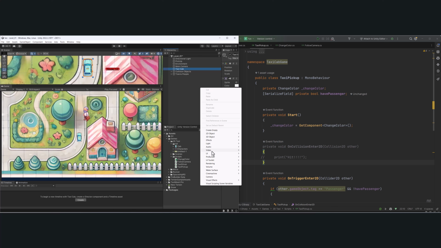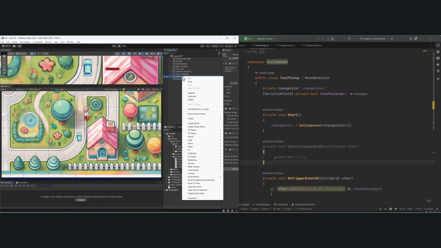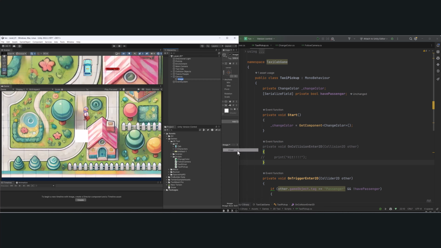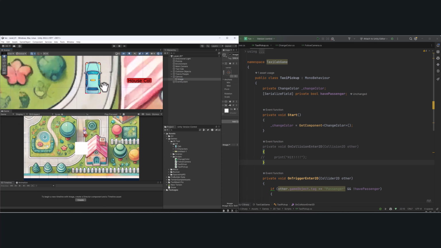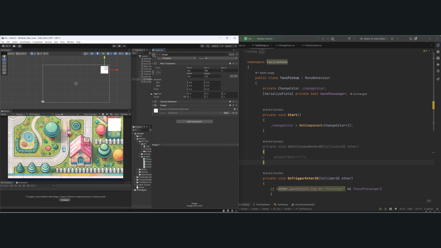So we got to right click in here, go to UI. You can build this piecemeal where you go to canvas here and then you right click and you go to UI and then you add a raw image or just an image, whatever. And then I'm going to hit F to focus, and I'm just going to hit W, and I'm going to move this image to the right hand corner. And we could adjust the scale of this image, and this image is really just going to get replaced